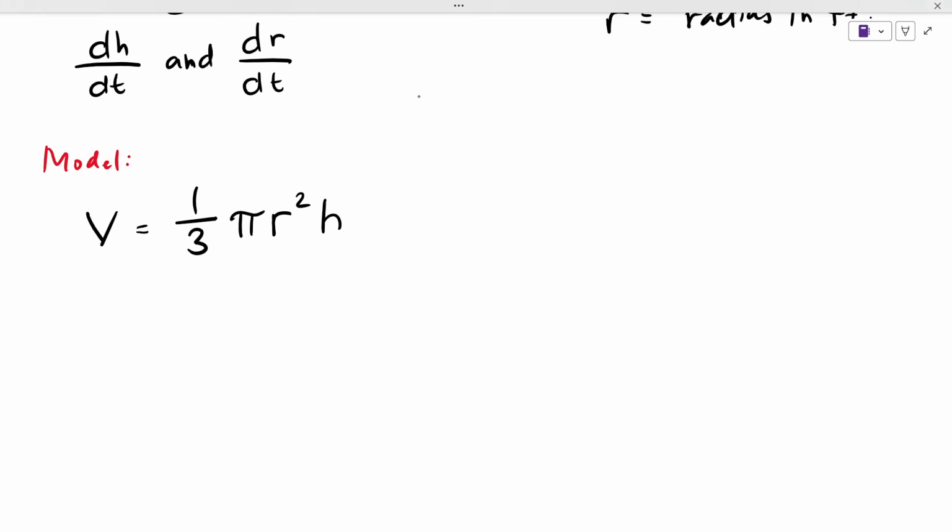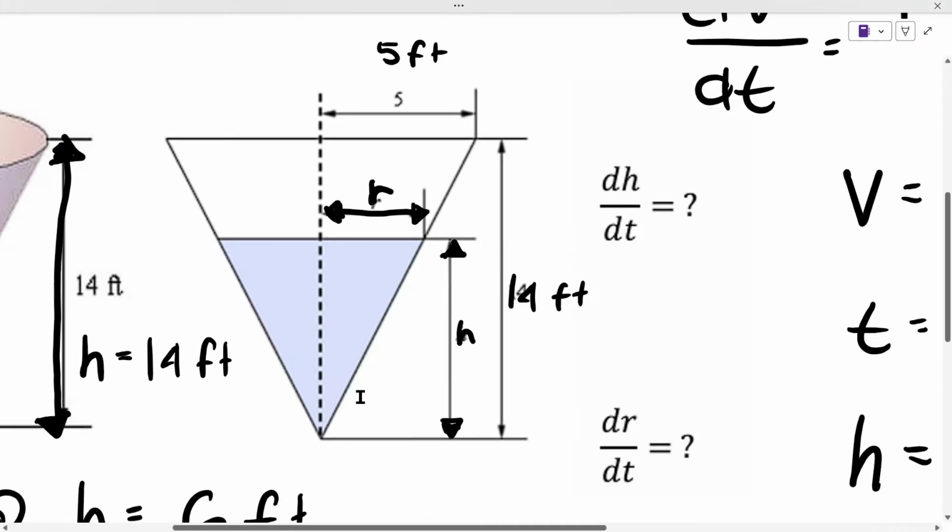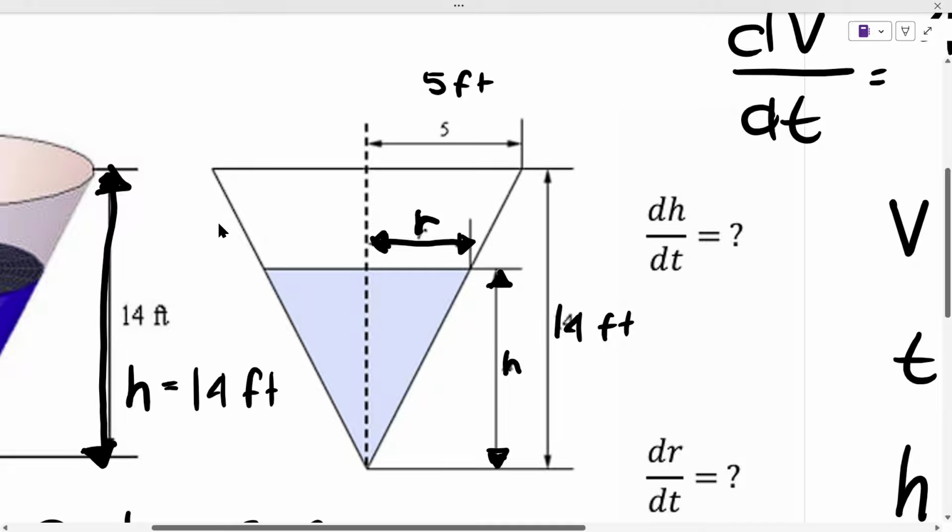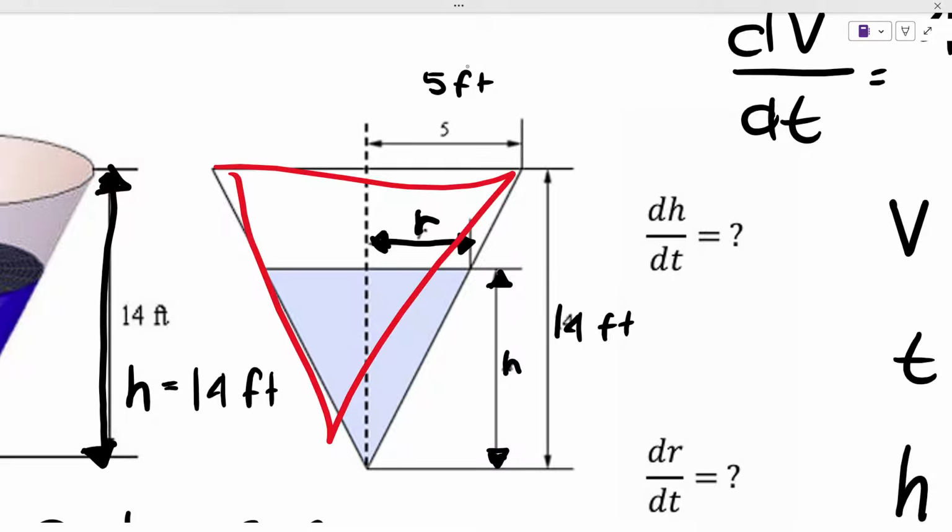We need a secondary equation. Okay? We need to use another equation here so that we can modify the main equation. So let's focus here. As you can see in this diagram, there's a similar triangle involved here, right? The shape of the cylindrical tank is similar to the shape of the water level, right? This one. As you can see, the cylindrical tank, this one, and then the water level.